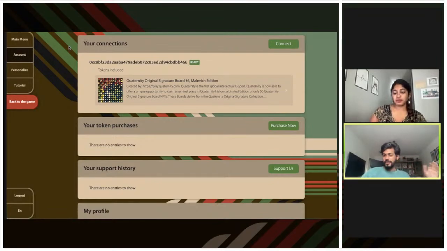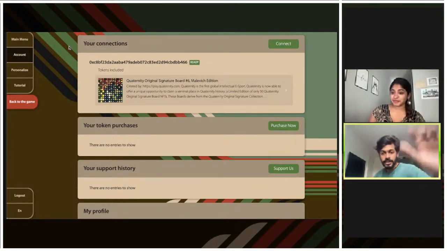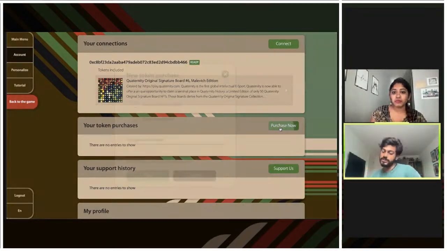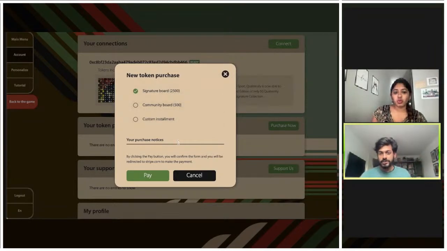The little bit of complexity that's added is that if you chose to purchase one of these boards, you would need to connect a wallet and stuff like that. But members of our team are very happy to help people who are unfamiliar with this. You have a wallet that is connected to your account, which happens in the account page. You can even purchase a token right here, and that will take you to a credit card interface. If you hit purchase now, it gives you a couple of different options, and then you can leave a note to us. Once you run this payment, a member of our team will be directly in touch with you to make sure that you can pick the particular board you want.